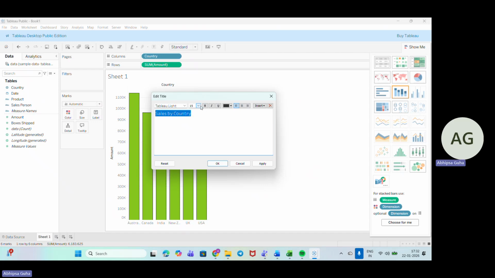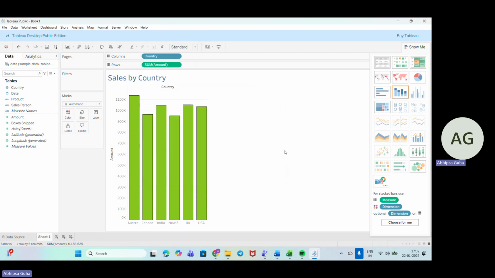Now we can just increase it like this, bold it up, and also change the color if required. Okay, so this is how we can put it all together. So this is how we have created sales by country, and we have got this.